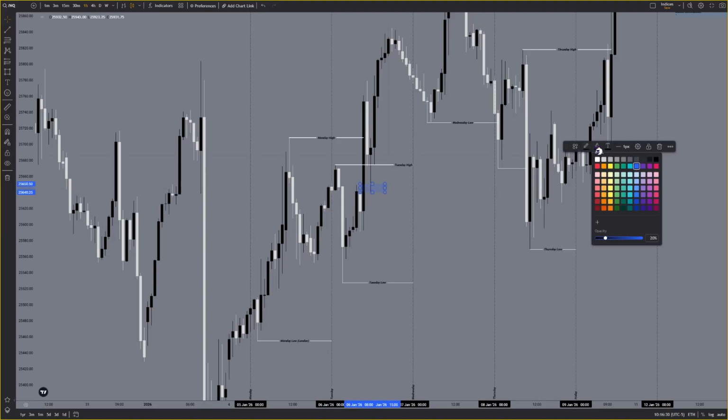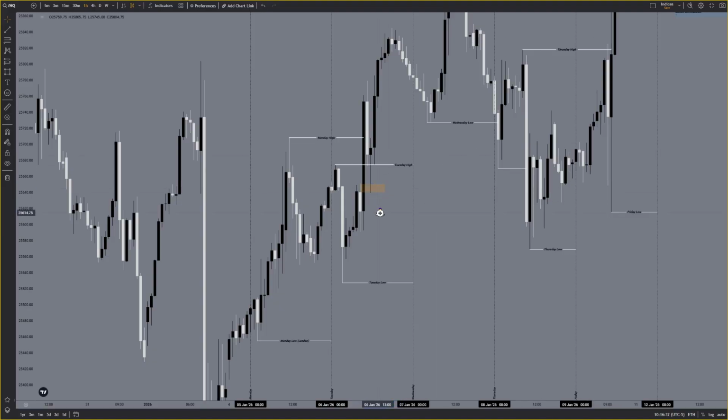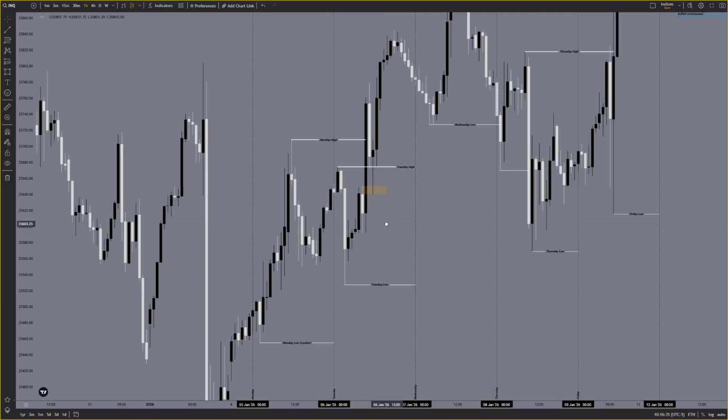Just want people to understand exactly how you identify institutional sponsorship and be able to tie that into the targets that you're looking for the market to actually draw itself into once you establish the bias for the day. So you can see, we have this bearish OB here that price ran through, didn't respect. And in that, this is pretty much like a bullish order block setup in a sense with Tuesday's price